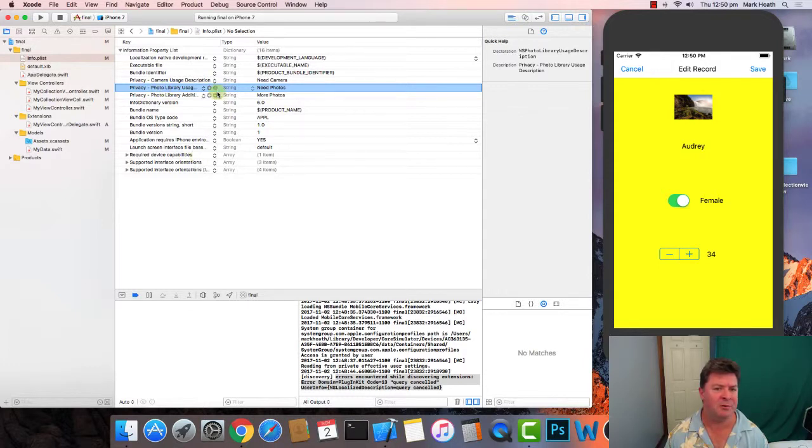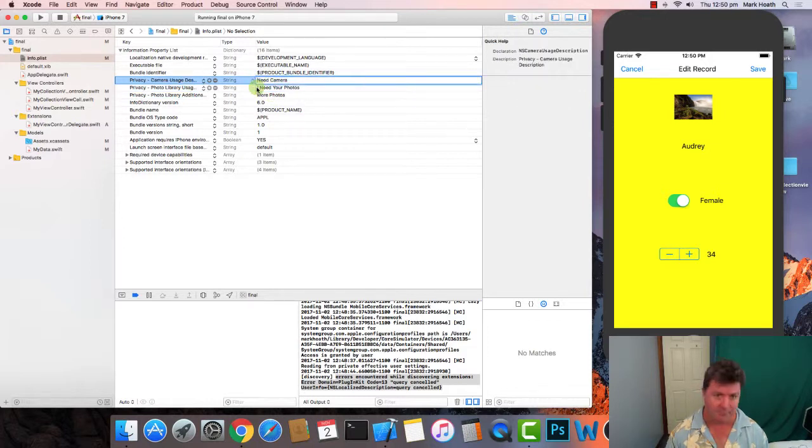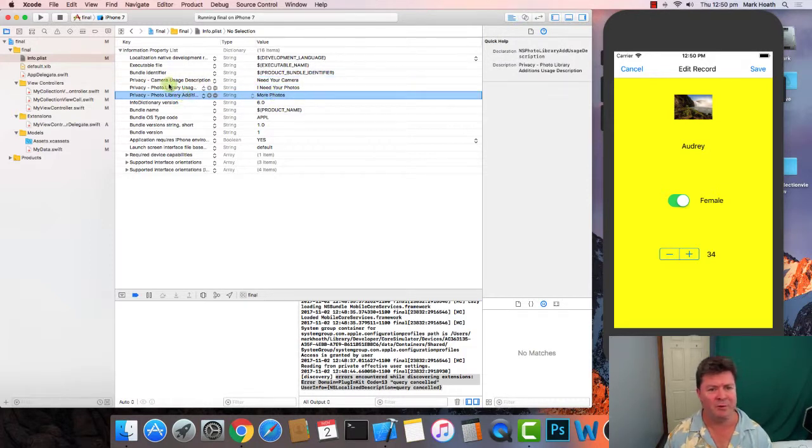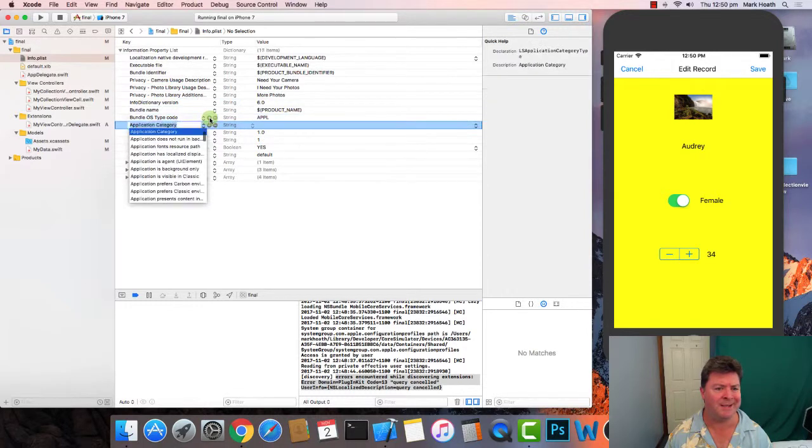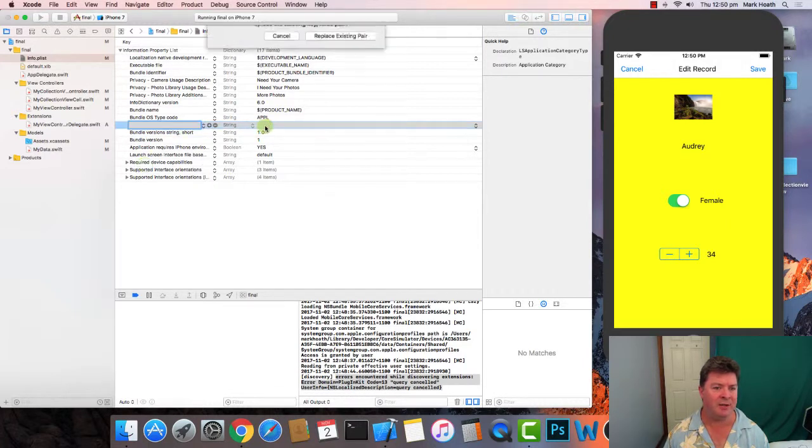So what you should do is hit plus and then type privacy, and there's all these things which allow you to place a little message in. So you need to add this privacy photo library usage, and then